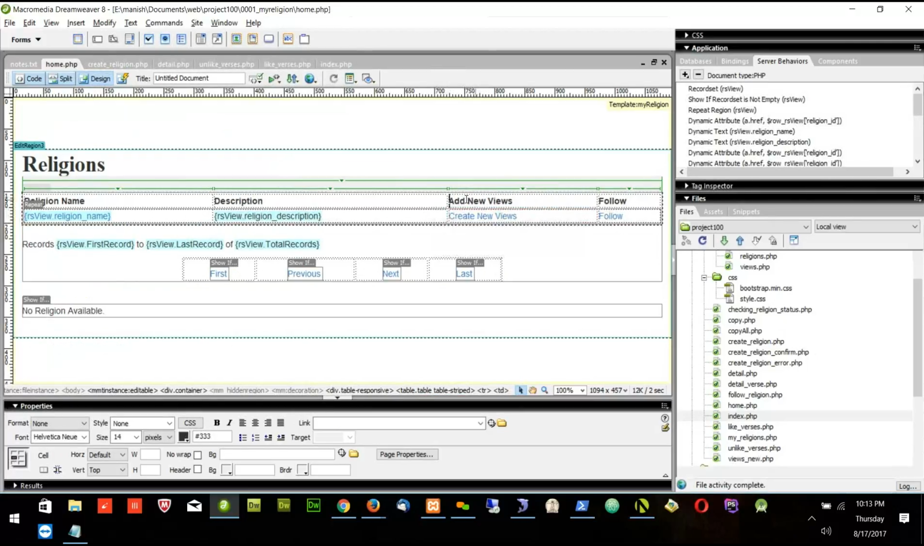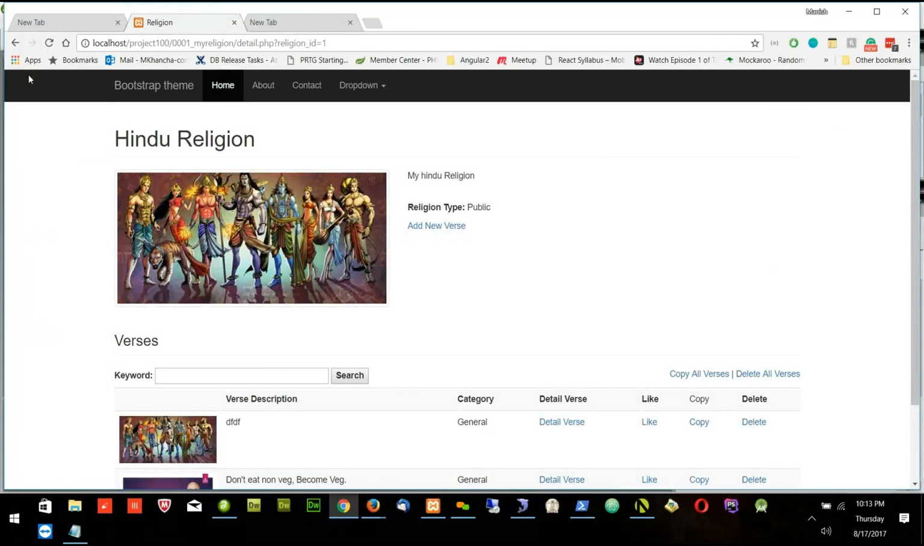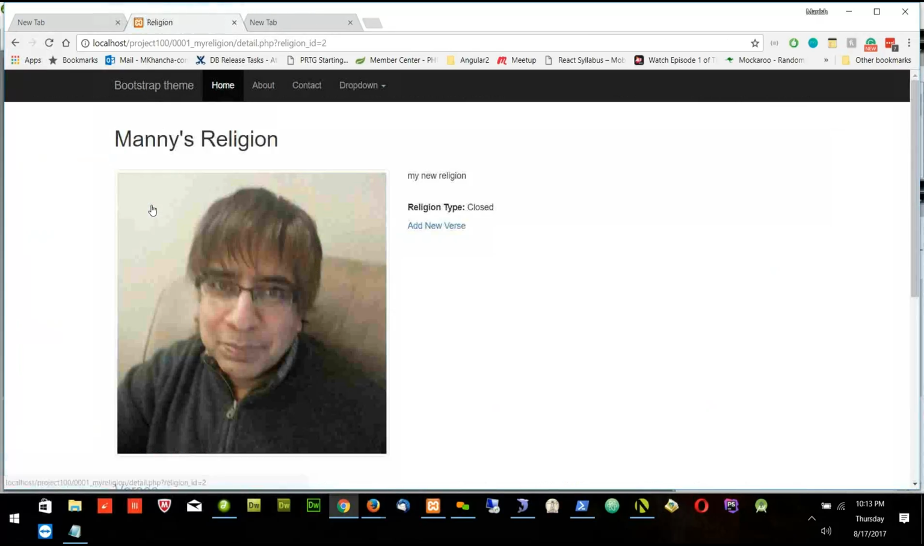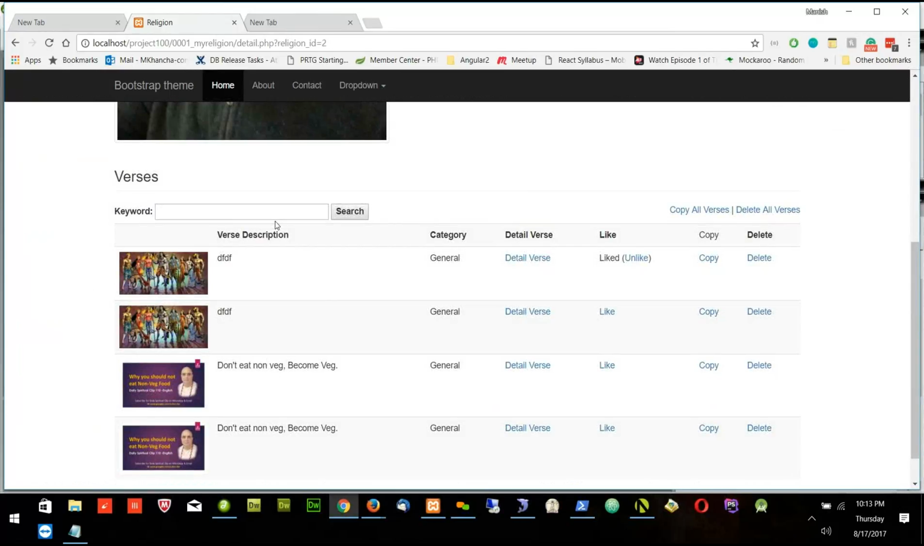And if user is logged in, I will show this part. Otherwise, I will not show this part. If user is logged in, I will show the follow part. Otherwise, I will not show the follow part. Or I can show it, but when the user clicks it, he will be redirected to the login page. So it's okay. Now if I click the religion, I go to this page. If I click many religions, I go to this page. So this is all about